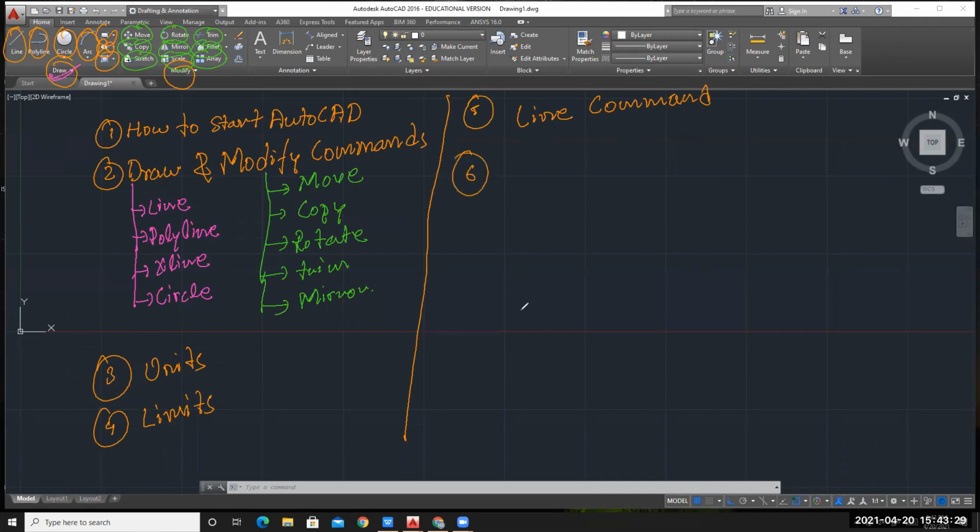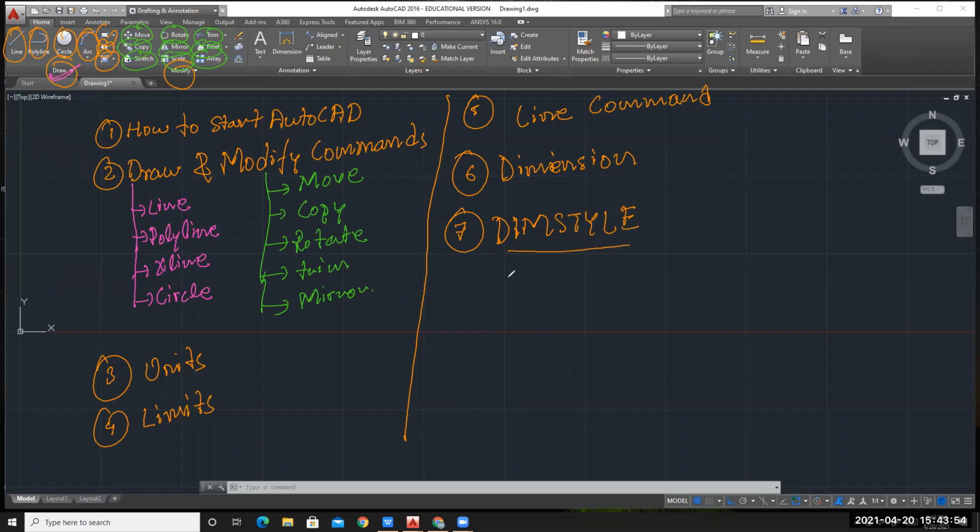Sixth, after we learned the line command, we have seen how to give dimensions, how to modify dimension style. So the command was dim style. This is a very useful tool, dim style.